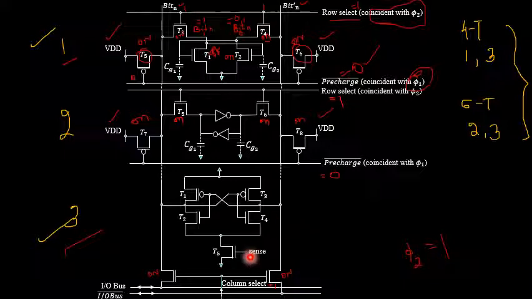So the sense signal, which is nothing but the control input that you apply to transistor T5, if the value of sense is equal to a logical 1 state, or in other terms when that particular sense line is activated,